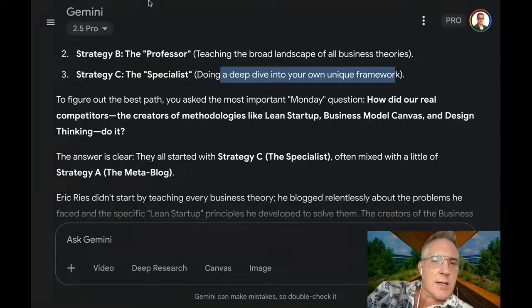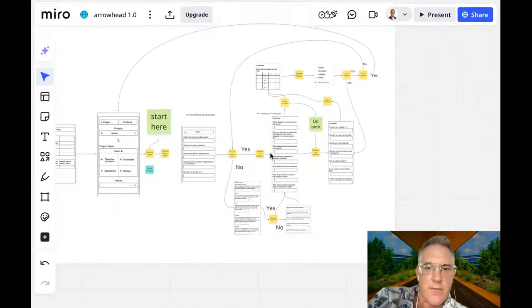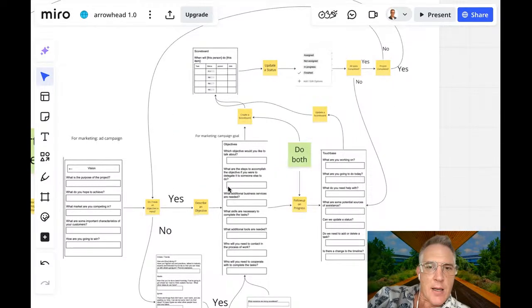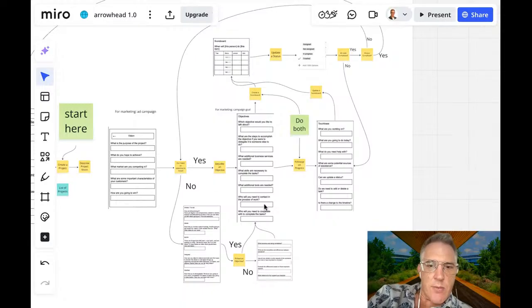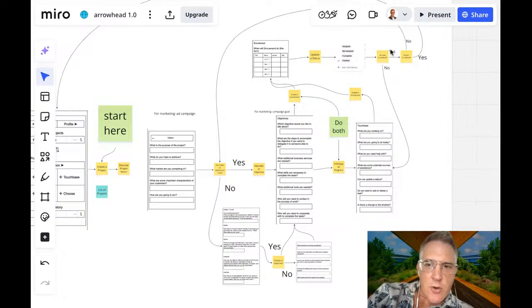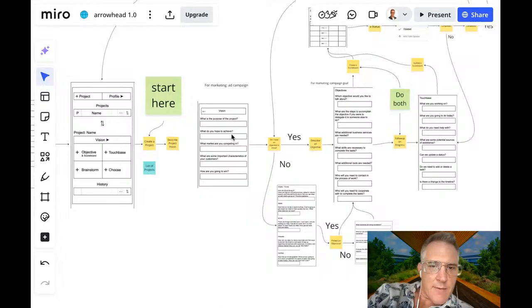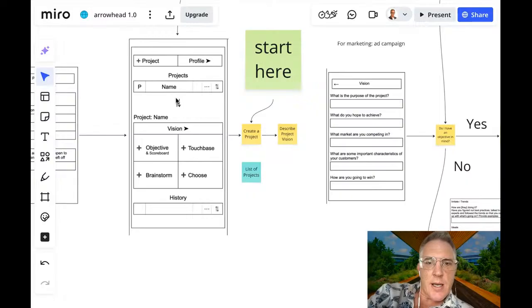See, the thing is that the tool I'm building is actually the pro version of the app. So the free version of the app is here. It's these three modules and then creating a to-do list. This is literally the website I just created. Now, in the pro version of the app, you're also going to have this loop here where you can do touch base. So I'm going to add touch base and then I'm also going to add the vision. But that's not really the main value. The main value of the pro version is going to be the opportunity to create more than one project and also to have a history of all the different things that you've entered into those input boxes.